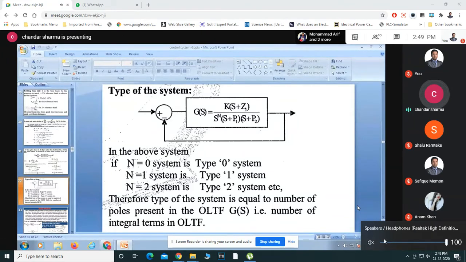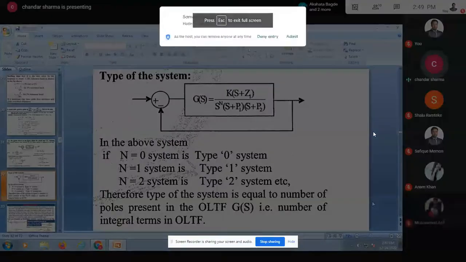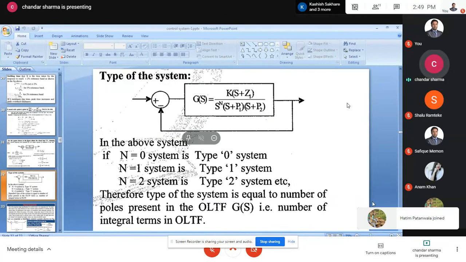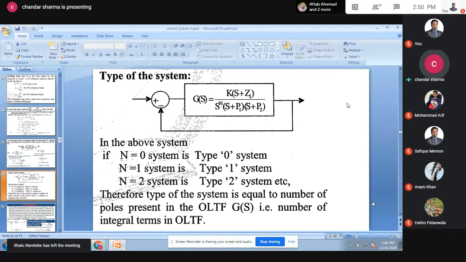We have seen what is a signal flow graph, how we calculate the transfer function from the signal flow graph or by using block diagram reduction technique that we already saw in the previous lecture. Also, we have seen the time response, what is transient, what is steady state response. Now, continuing with this, what is the type of the system?